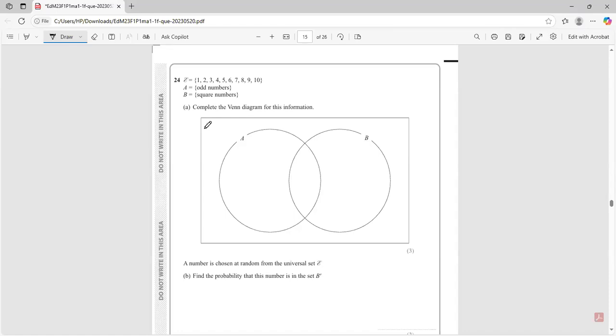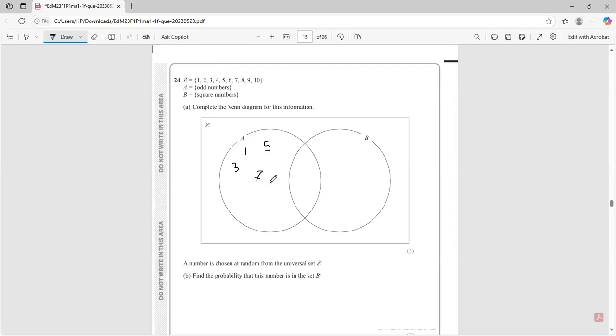So this is what we are given for the Venn diagram. What does it say? Oh, it says you complete it. Easy peasy. So 1, 2, 3, 4, 5, 6, 7, 8, 9, 10. Let's separate it. Odd numbers. 1. Let's do this. 3. Let's just scatter it. 5,